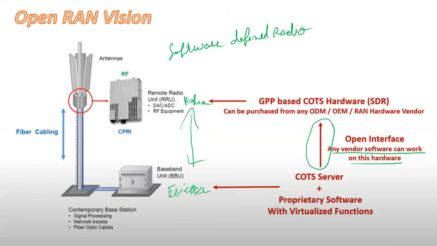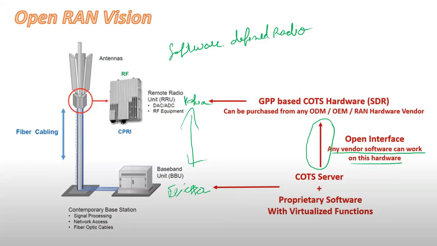So it will be easier and cheaper to keep the radio from vendor A on the tower, installed, so no one has to climb and replace it. Then keep the COTS based BBU at the bottom of the tower. Just simply upgrade the software from vendor A to software from vendor B remotely without going to a site. So this is exactly what Open RAN enables: the mixing and matching of software and hardware, right? Without the need for rip and replace, right?